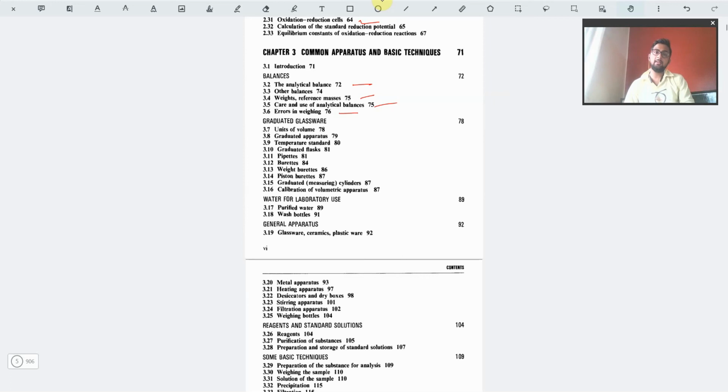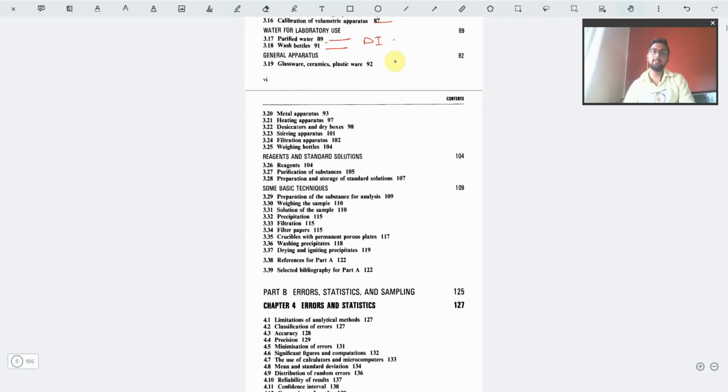Then we have glassware. What is the type of glassware? The temperature standard, graduated flask, pipettes, burettes, weight burette, piston burette, cylinders, and calibration of volumetric apparatus. Okay. Then we have water for laboratory use. We have purified water. We have wash bottles. Okay, purified water is basically DI, which is deionized or distilled water. Okay, and wash bottles is basically normal tap water, which is used for washing all the apparatus. Okay,